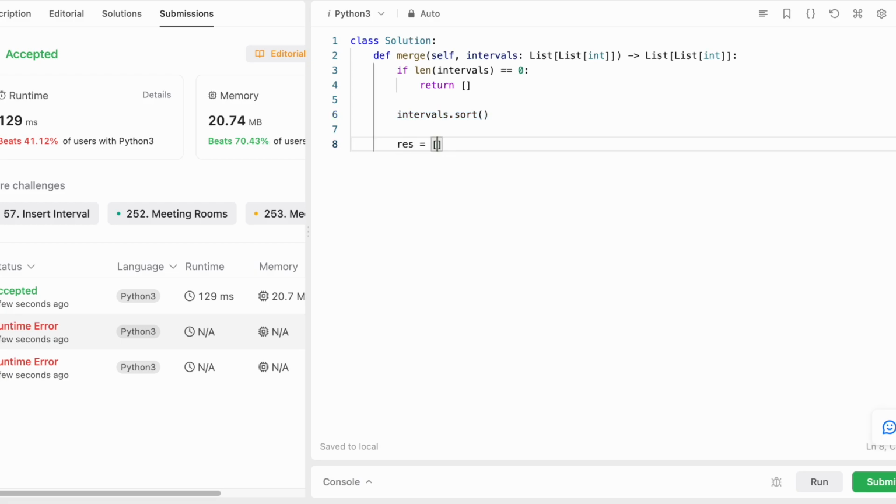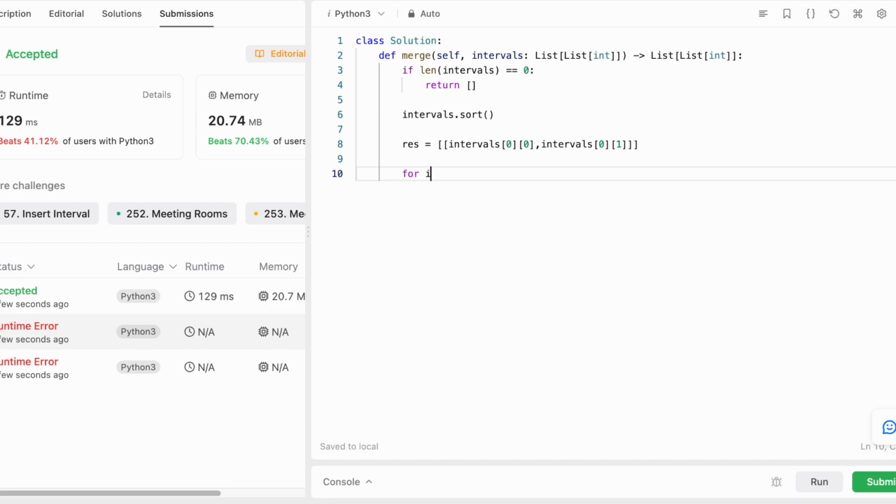Next thing we are going to do is we have to remember that we are starting with the first interval in our result. Then we want to loop over all of the other ones and check which ones are overlapping. So as we said, we only need to consider the last interval. And if the last interval is overlapping with the current one,